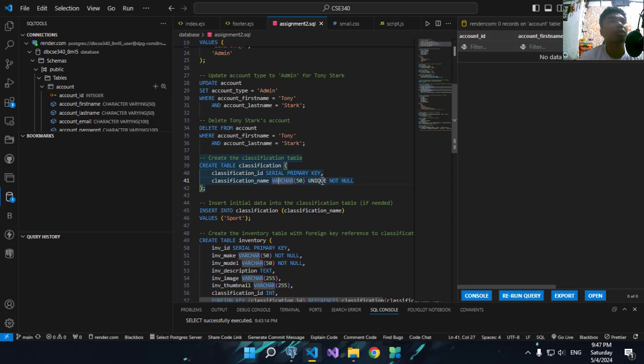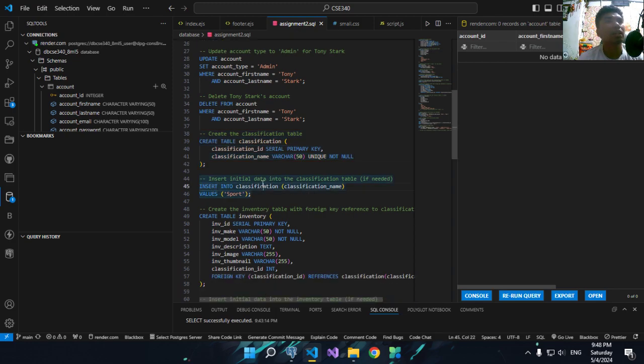So varchar means variable character, the maximum characters he or she will type in the database or in the front end of the data. And after that, classification, insert into classification name values as sports.